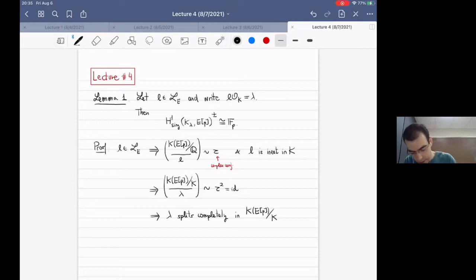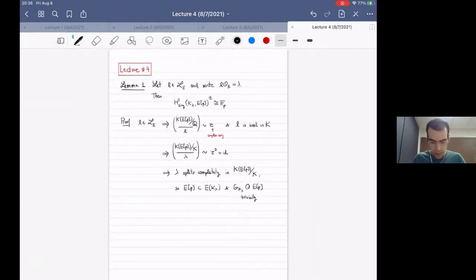So in particular, if we complete K at lambda, we're going to get the same as the completion of this field at any prime above lambda, but this contains all the p-torsion. So what this is telling us is that all the p-torsion of E is actually contained in this completion of K at lambda. And therefore the decomposition group at lambda acts trivially on the p-torsion. So G_{K_lambda} acts on the p-torsion trivially. But now by inflation-restriction,